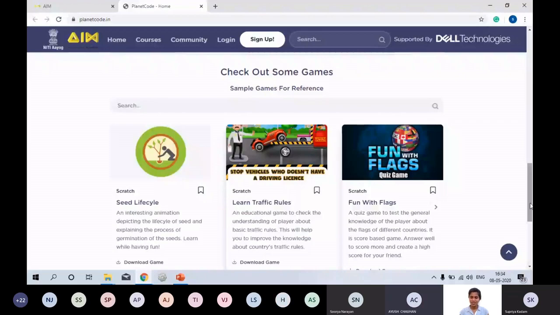Ma'am, PUBG and Fortnite are made with Unreal Engine. Is it PUBG or Fortnite? I'm sorry, I missed that. Yes, ma'am, PUBG and Fortnite are made with Unreal Engine. Yes, that is done by Unreal. I was talking about Temple Run and Subway Surfers. That is done by Unity. If you want, you can create one very similar to PUBG and Fortnite using Unity also.